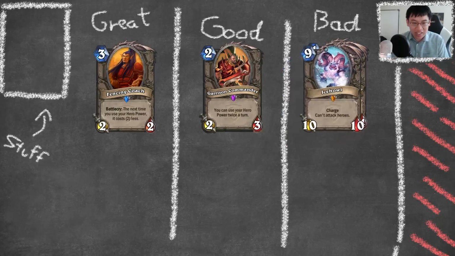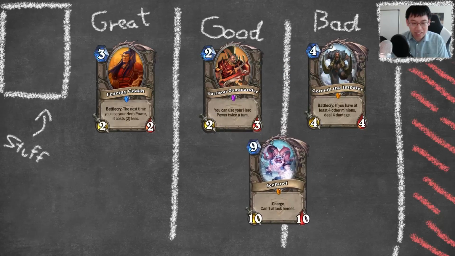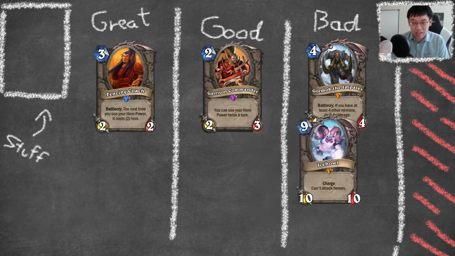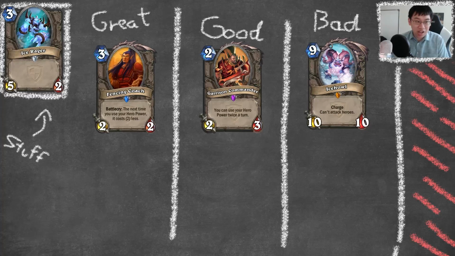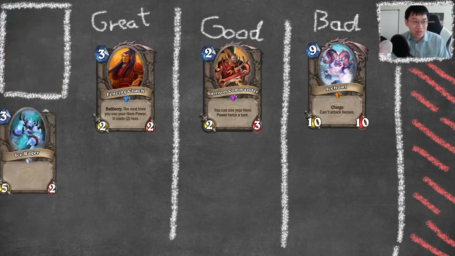Ice Howl. This one is interesting. Instant removal. I'm going to put it in the bad and interesting column. Ice Rager. Worth mentioning that just because a card is vanilla doesn't mean it's trash, but this card loses against Mad Scientist and Shielded Minibot and a lot of 2/1s, so we're going to toss